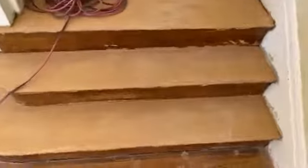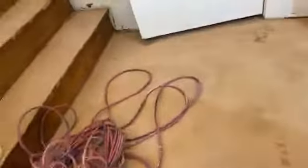Take a look at the stairs. We got putty on the stairs, filling any gaps that we got going there. Take you up here. So everything's pretty much puttied up. Got the difference between,